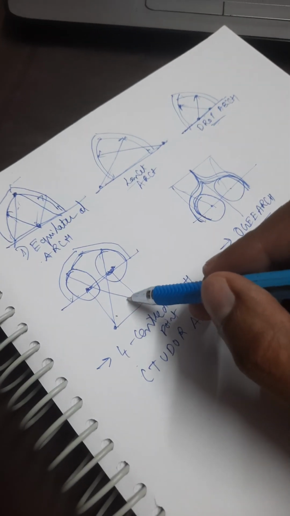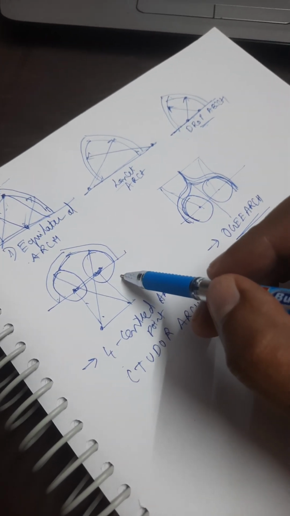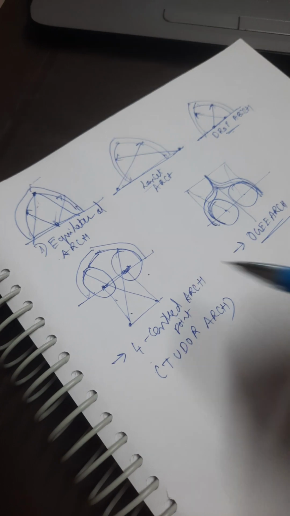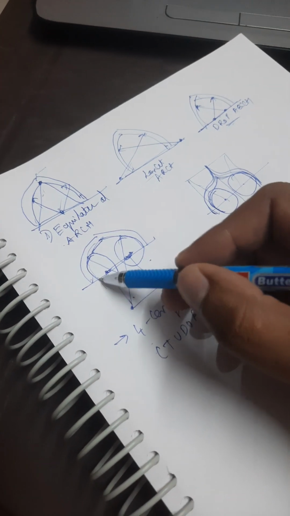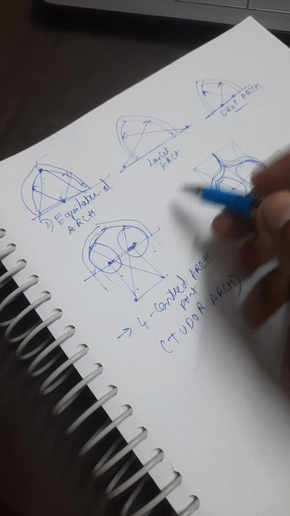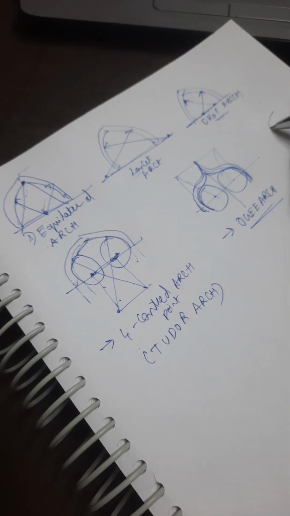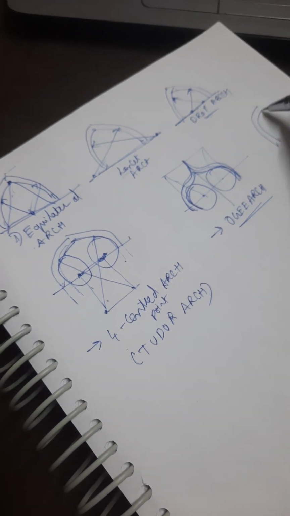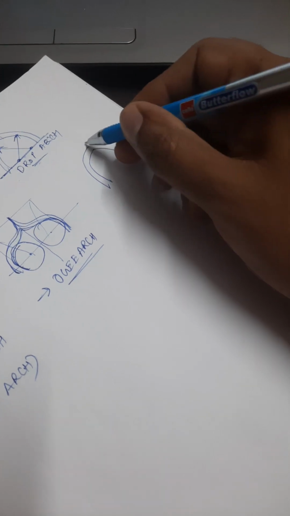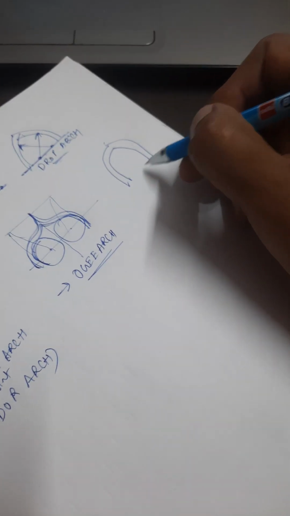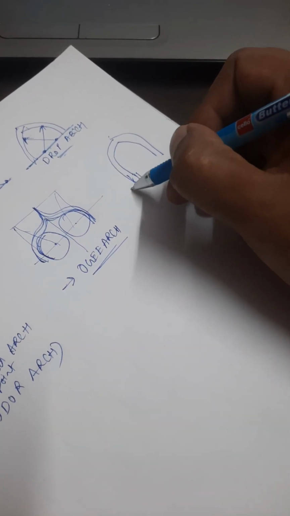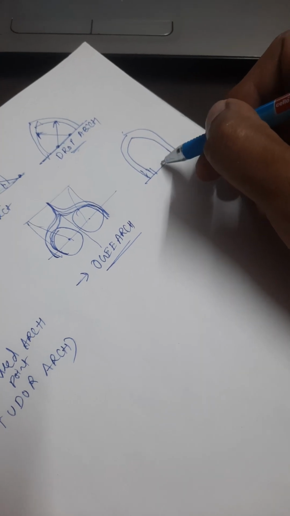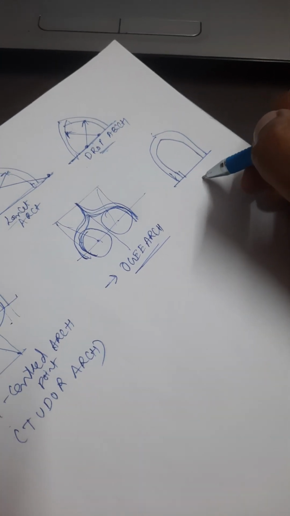Same Tudor arch. Suppose Tudor arch plus stilt arch. Earlier we discussed that stilt means whatever the voussoirs are there, they will continue. The intrados will continue to the bottom. So if you consider a pointed Tudor arch with stilt continuing to the bottom, this particular arch is called ogee arch,